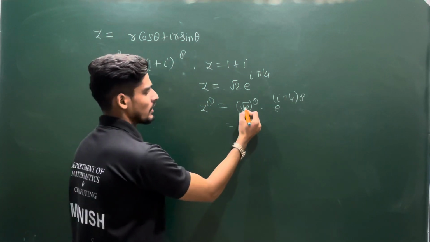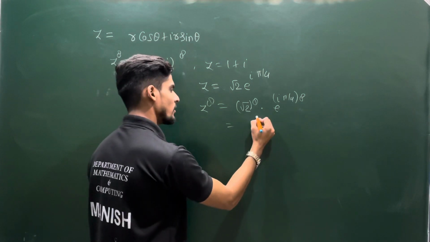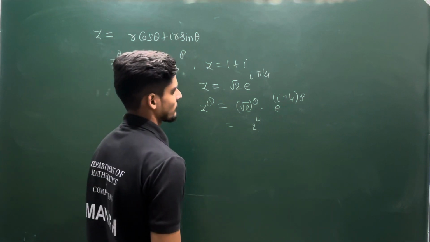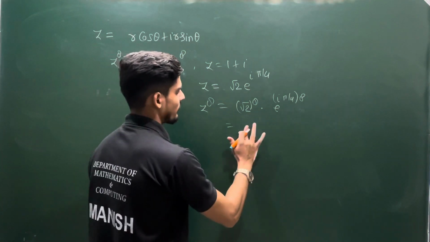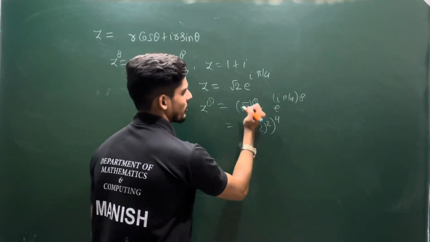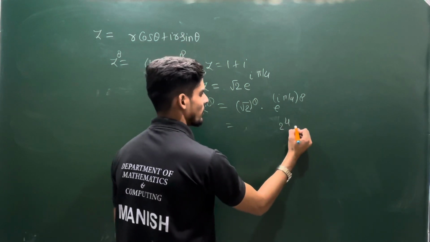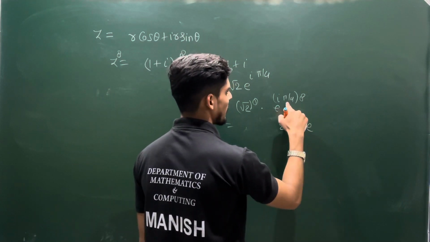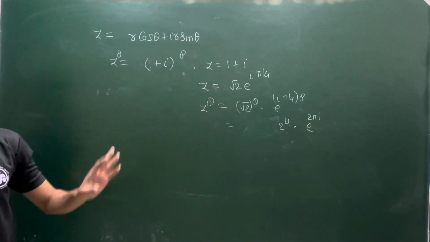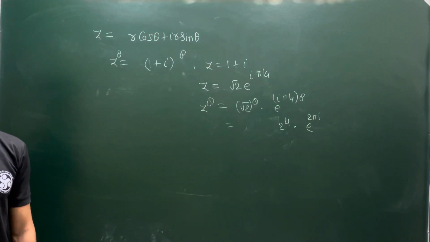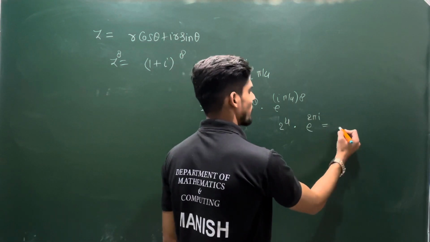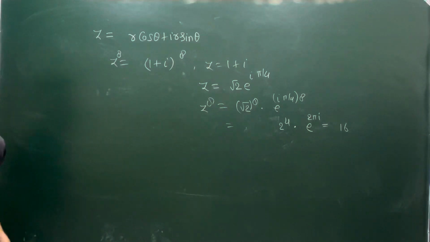So this will be root 2 power 8, which if you open it you will have 2 power 4. Okay, wait for 1 second. This is root 2 power 2 whole power 4. Okay, that was okay. So this is 2 power 4 into e power pi by 4 into 8, so it will be 2 pi iota. Now you put your e power 2 pi iota in your formula, that e power iota theta is same as cos theta plus iota sin theta. So e power 2 pi iota is 1. So this value is going to be 2 power 4, that is 16. So this value is 16, if I have not done any calculation mistake.